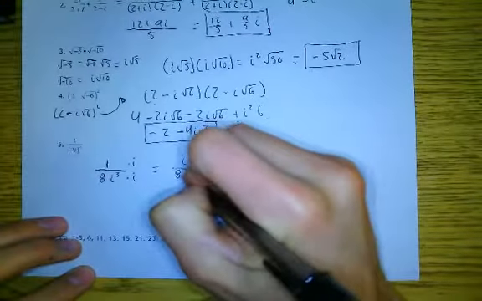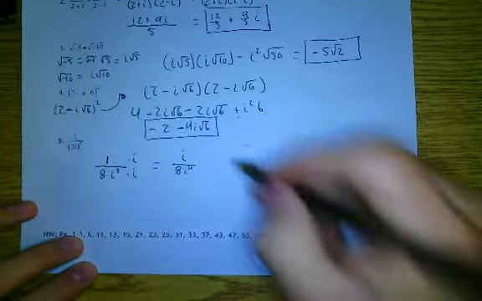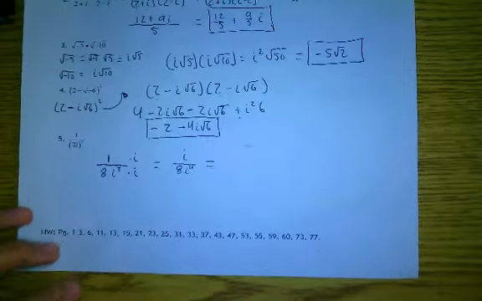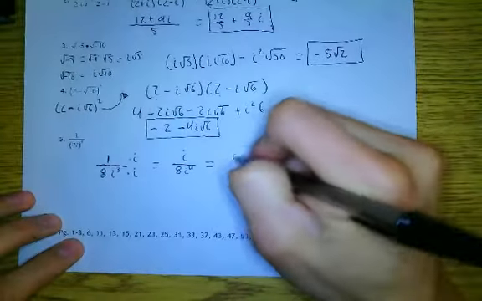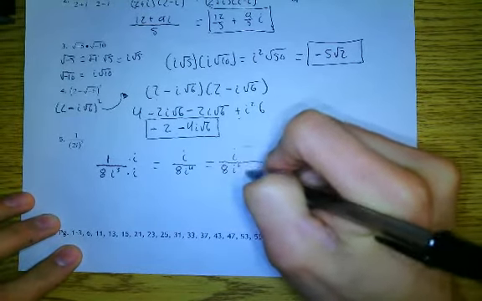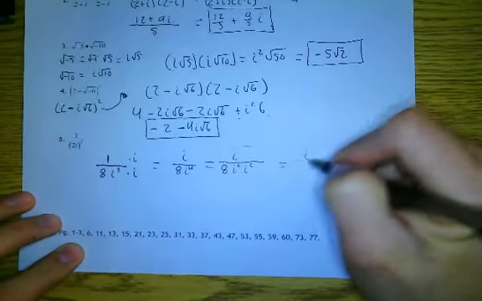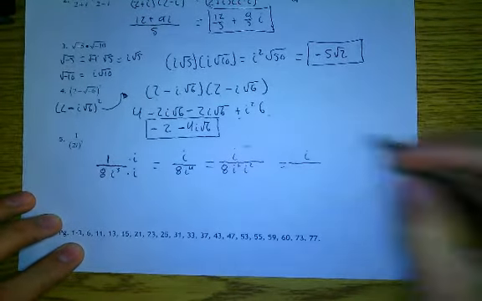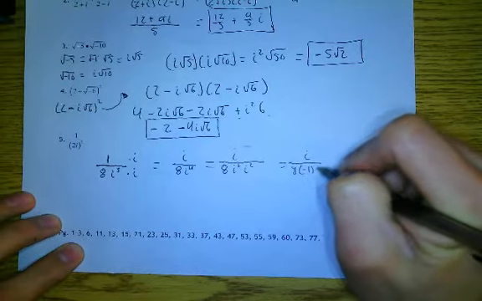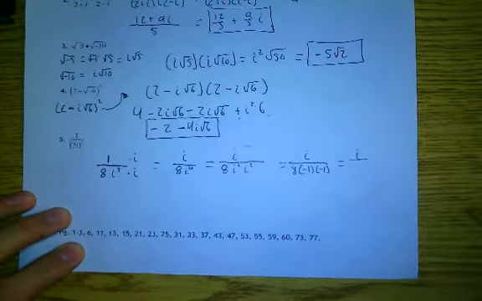Correct? Now, you don't have to memorize what i to the fourth power is. You should be able to deduce that i to the fourth is the same thing as saying i squared times i squared. Correct? And you know that i squared is negative 1. So wouldn't that be 8 times negative 1 times negative 1, which becomes i over 8, which you will rewrite as